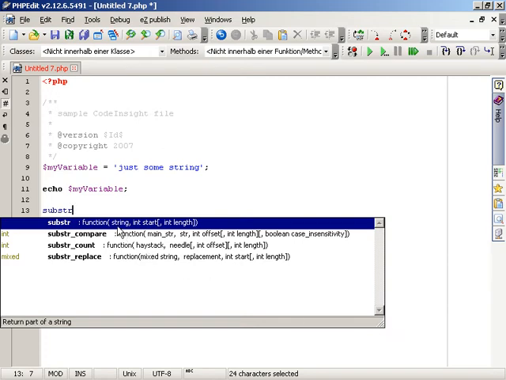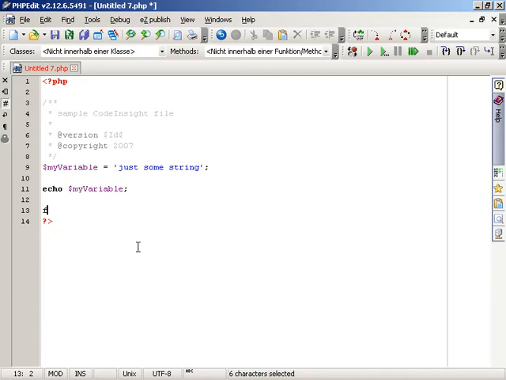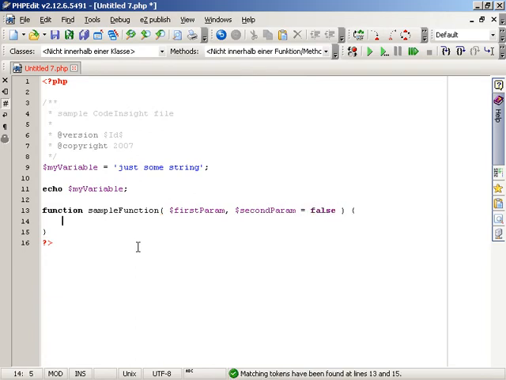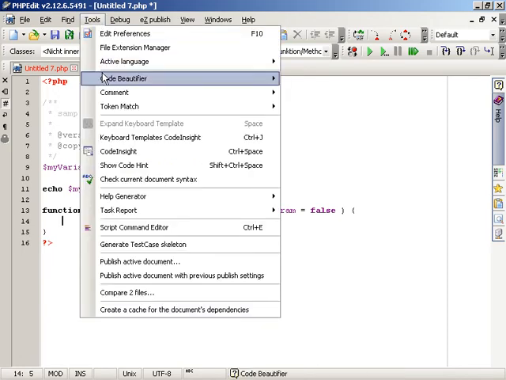For methods or functions, it is also able to display a short summary of all available parameters. After you have created a user-defined function and added the documentation for it in PHPDoc style, PHPEdit will also provide you information about it inside the pop-up. If you need more information about writing PHP documentation, please view the screencast about the PHP Documenter.